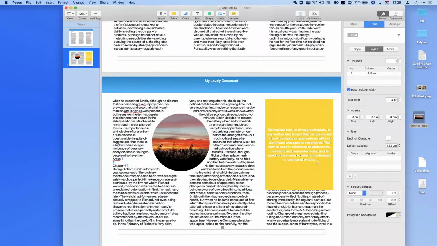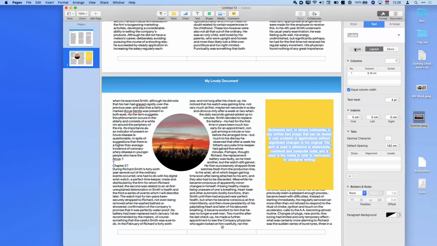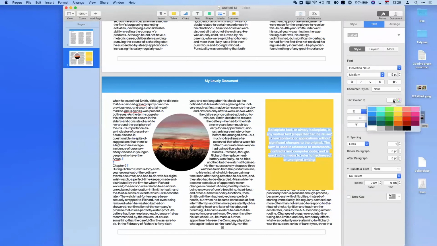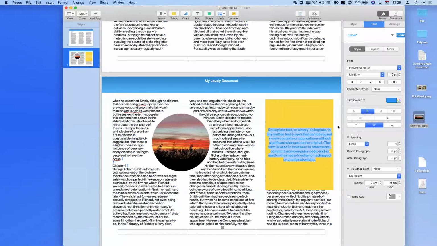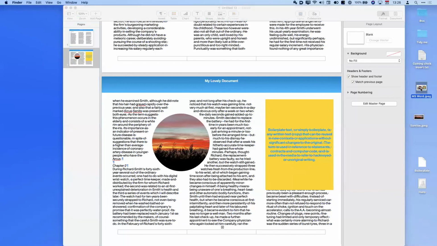The text is white because of the background, but I want to see it in black. So let's go to the style of our text, and let's make our text color deep blue. Okay, so we can see that over here. I've got an image over here that I want to put inside there. So if I just open this guy up,